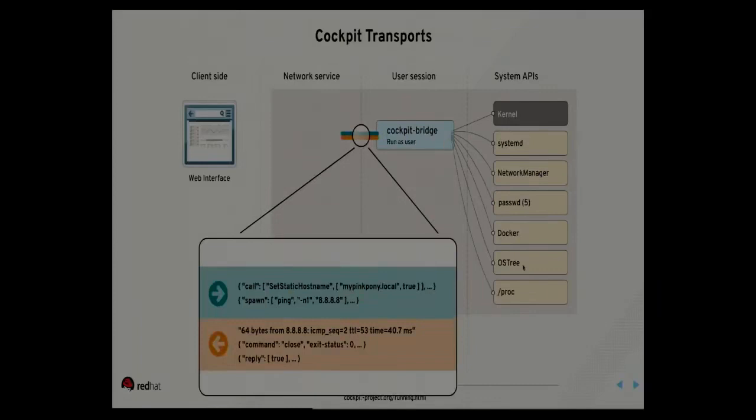We have this thing called the Cockpit Bridge, which runs as a user session, as the user that you logged in as. And it sends back and forth these various packets, various frames of information. Many of them are JSON, but others have file content, bits and parts of interacting with the APIs. And in order to connect to that bridge running as a user on the Linux system, which talks